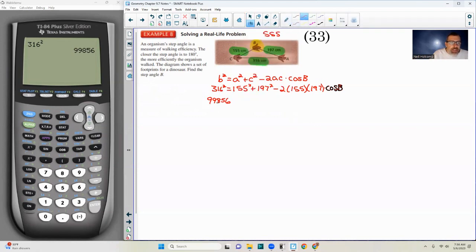Okay, so 99,856 equals 155 squared, which is 24,025, plus 197 squared, which is 38,809,